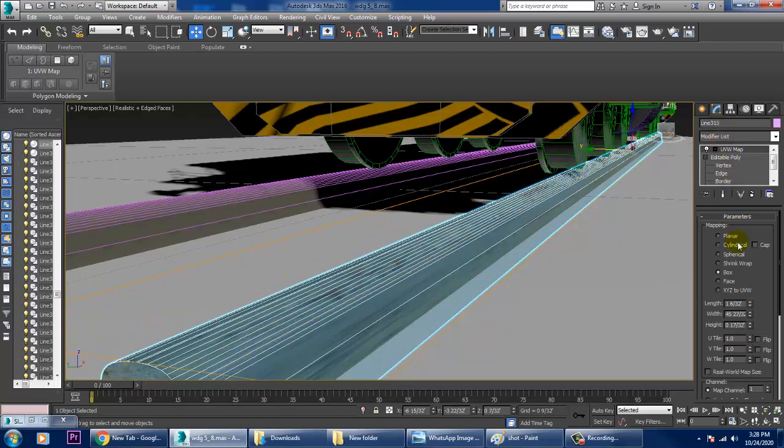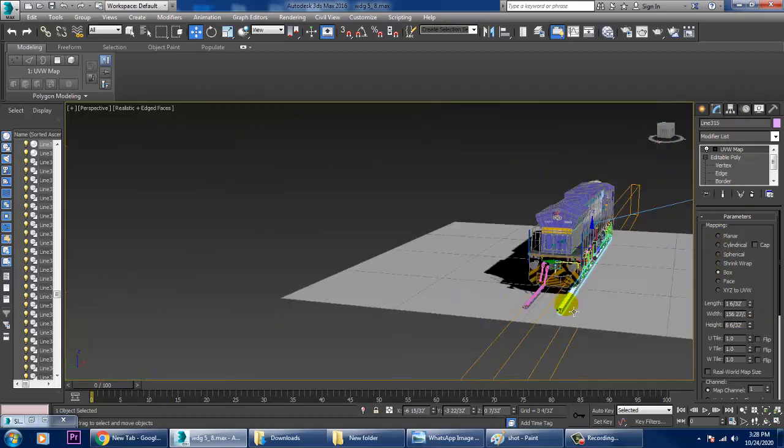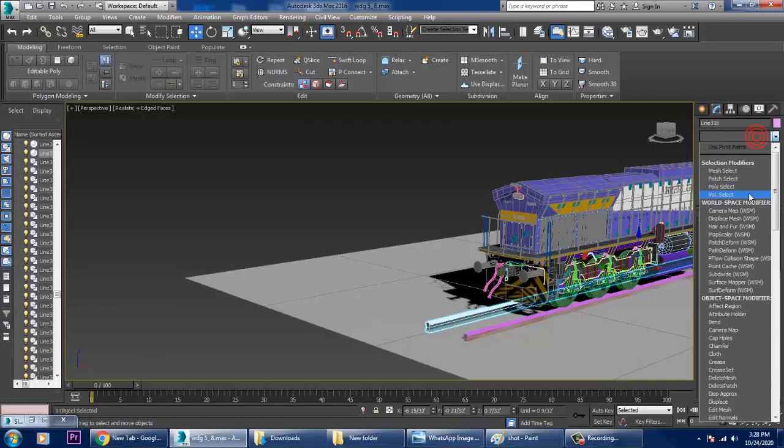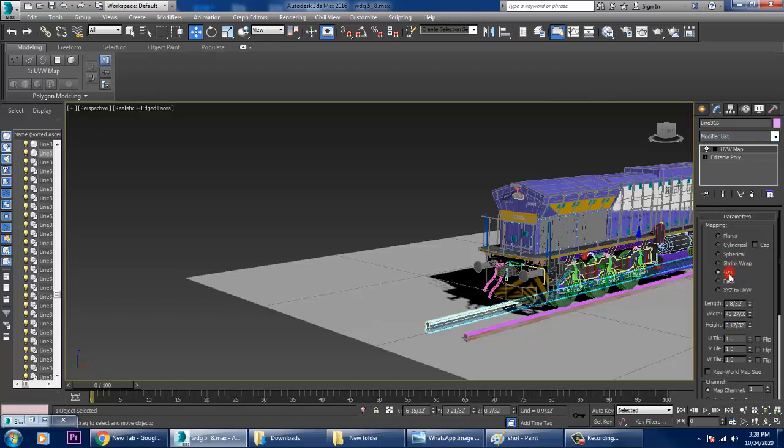You can use these properties over here if you want for this texture, not a problem. Again select this and give a UVW map, take it as a box, and you can texture it over here.